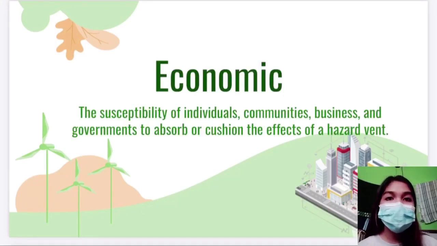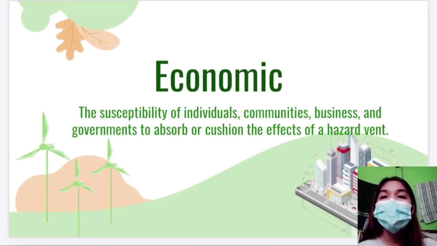This is economic vulnerability. Economic vulnerability is the susceptibility of an individual, community, governments, or businesses to absorb or cushion the effect of a hazard event. The highly vulnerable in this kind of situation are those dependent on their economic status. For example, the highly vulnerable are those who don't have a stable job, and the less vulnerable are those who have a stable job. Why? Because